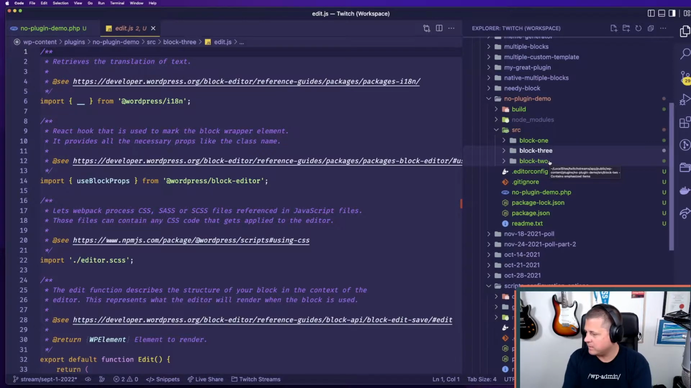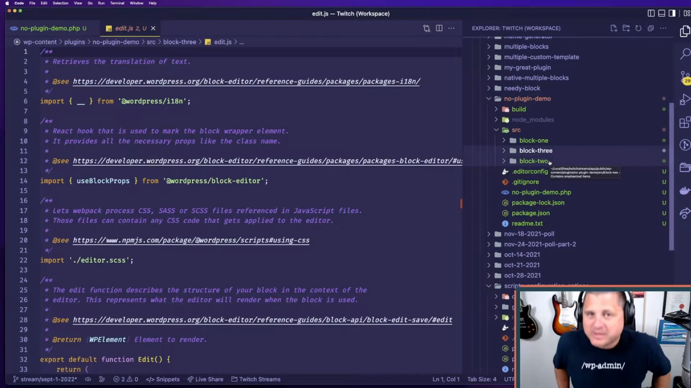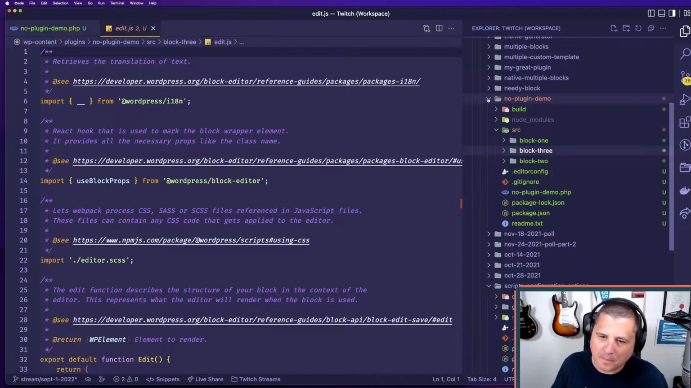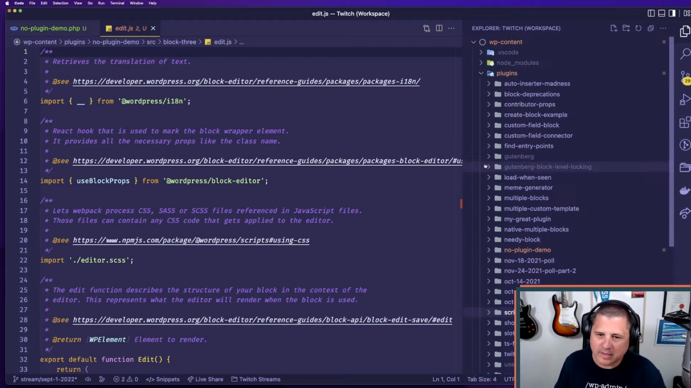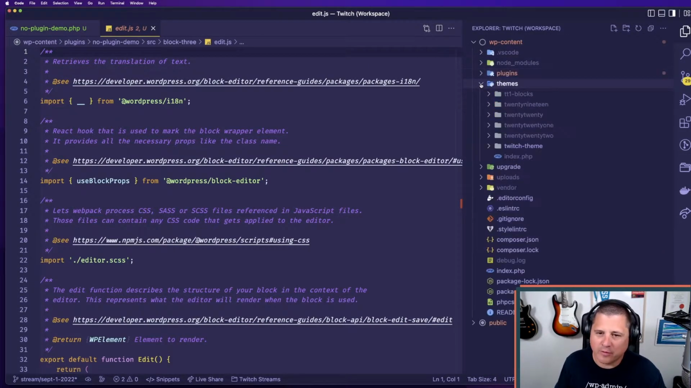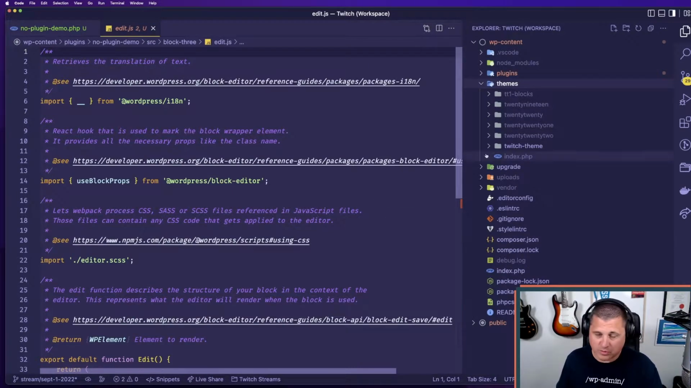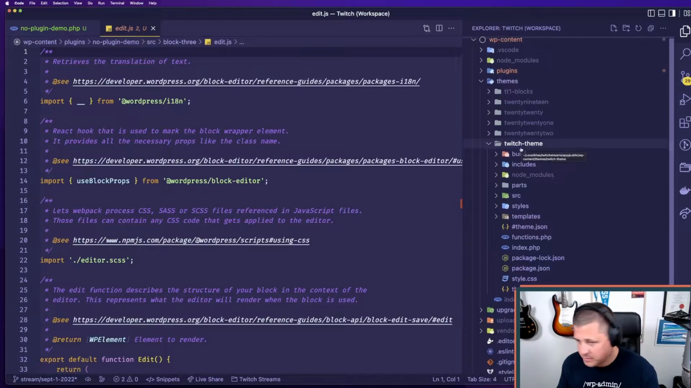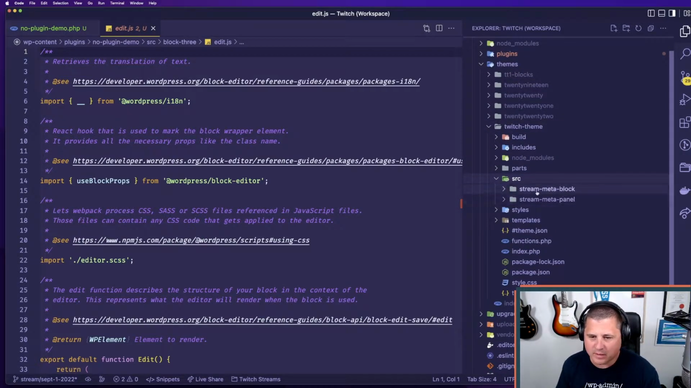So that right there is a huge win for block development. And why is it a huge win for block development? Because now we can scaffold blocks inside of themes, which you are technically allowed to do. If you want to do that, which is totally fine, we can look in here. I've got this theme called Twitch theme. In source, I've got some blocks in here, right? So what if I just